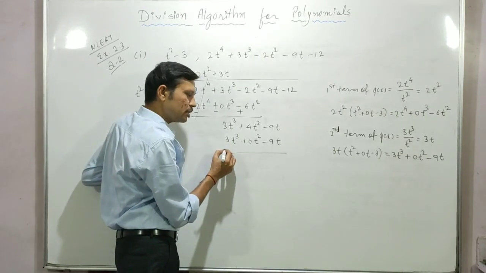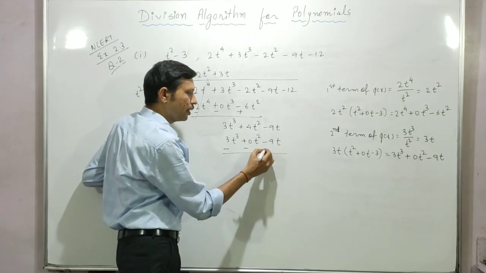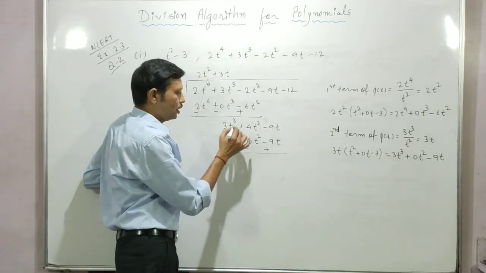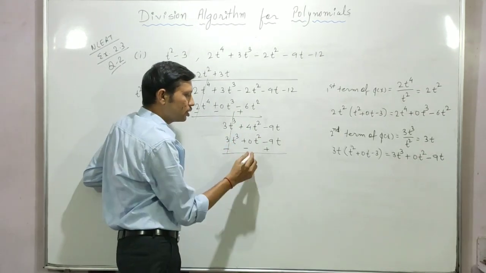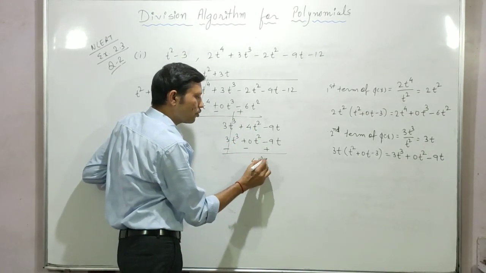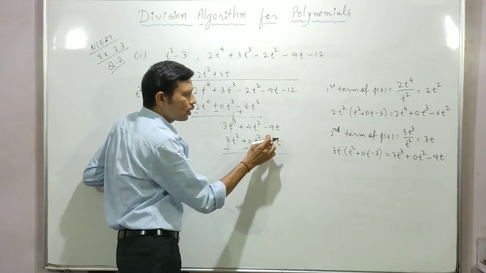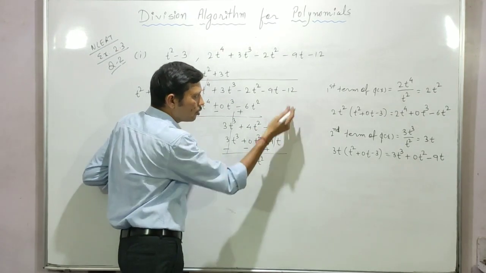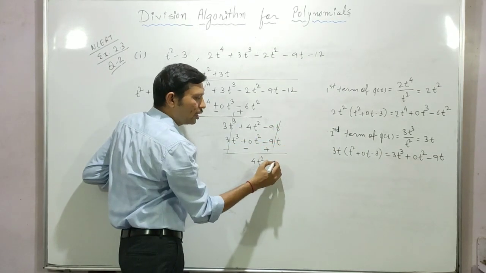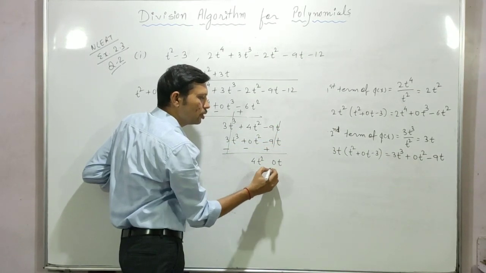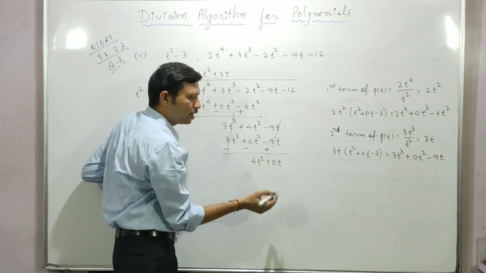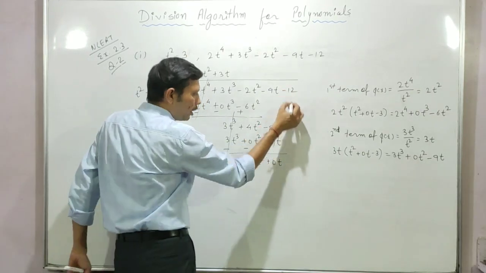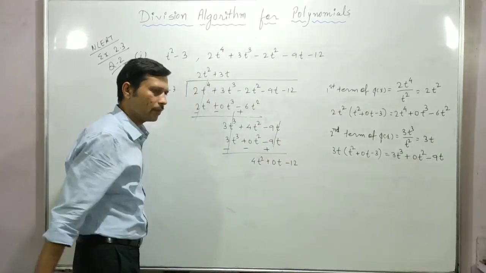Okay, this plus becomes minus, plus becomes minus, minus becomes plus. This one cancels out. It's 4t square because this term is 0. Here minus and plus again cancel out, nothing left. But we have one further term, so we have to write this term with coefficient 0. So 0t, and plus or minus anything you can write here. Then minus 12 should be carried here.